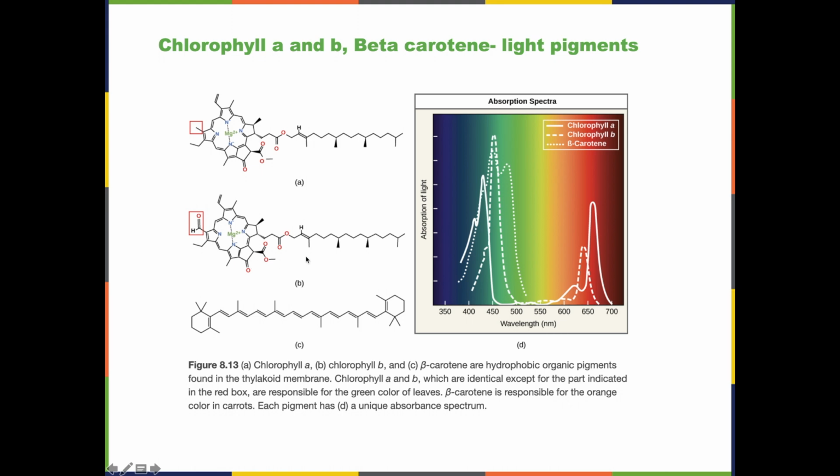Chlorophyll B is also another type of chlorophyll that is in plants, which has a similar absorption spectrum. And then we have beta carotene, which you can see in carrots, things that are orange. They actually absorb the green and blue part of the spectrum, but they don't absorb the red-orange part. That's why carrots are orange and red, because they absorb the green-blue section of the spectrum, but they allow the